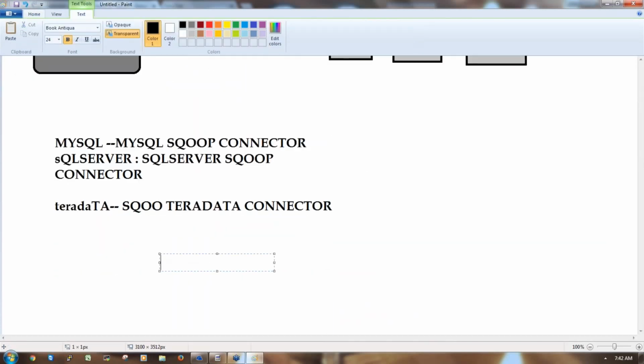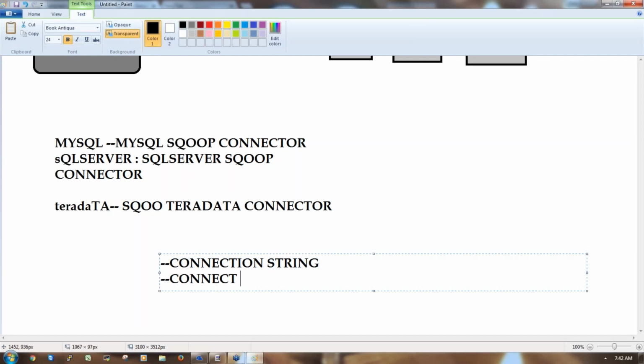To establish a connection, we have to create a connection string. How do we create this connection string? Just write hyphen hyphen connect. It's a keyword, so you have to write connect, right? How are we trying to connect? Through JDBC. Just write connect jdbc colon.